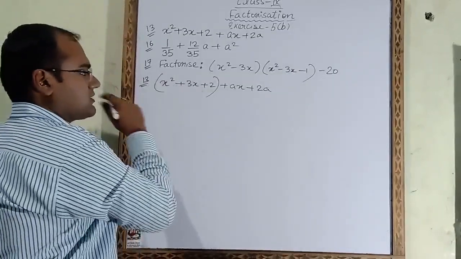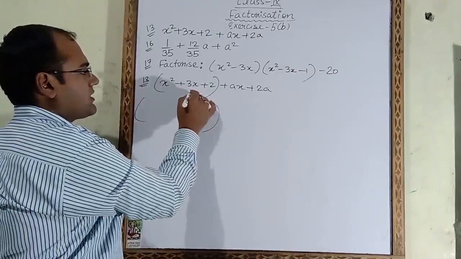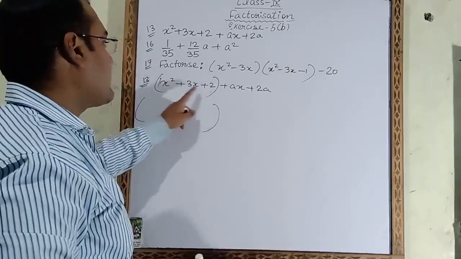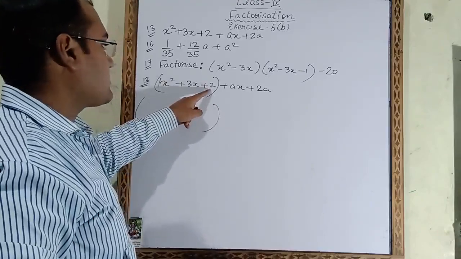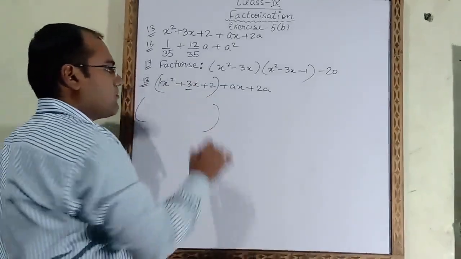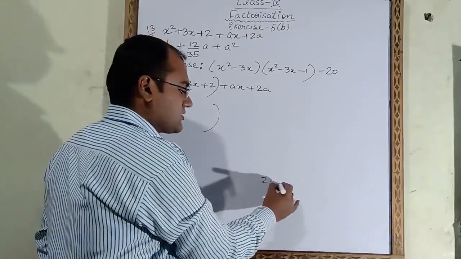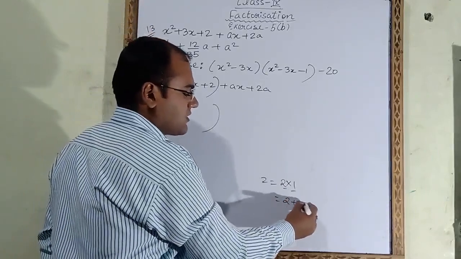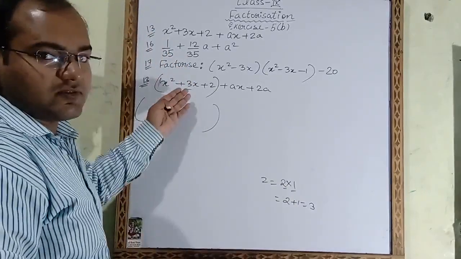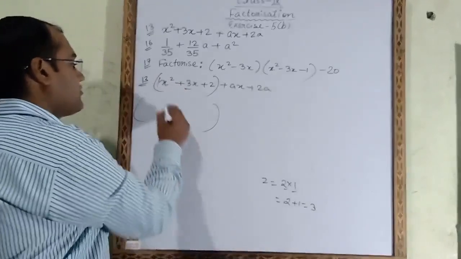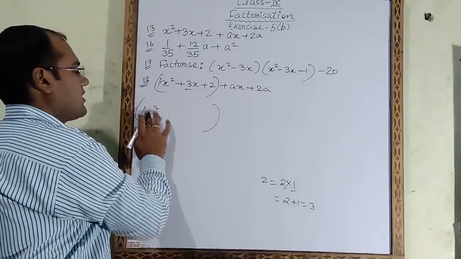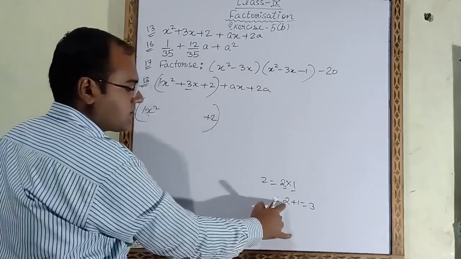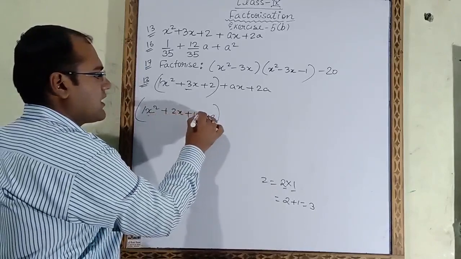So this one we will factorize first. In order to factorize it, here we will take 1. 1 into 2: first and last number we have to multiply. Now 2 factors we have to find, and with that we have to make plus 3. 2 means 2 multiply 1, and with these 2 factors we will make 2 plus 1 equal to plus 3, as we are seeing here, plus 3. So first number we have to write as it is, 1x square. Last number also you have to write as it is. Instead of plus 3x we will take plus 2x plus 1x.